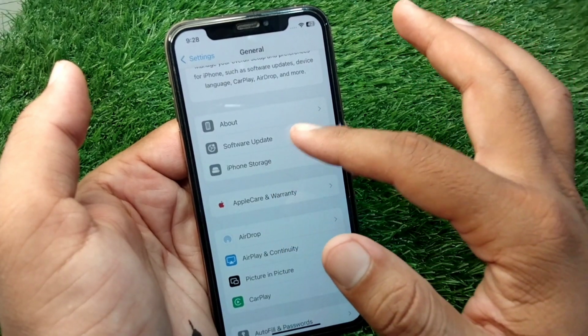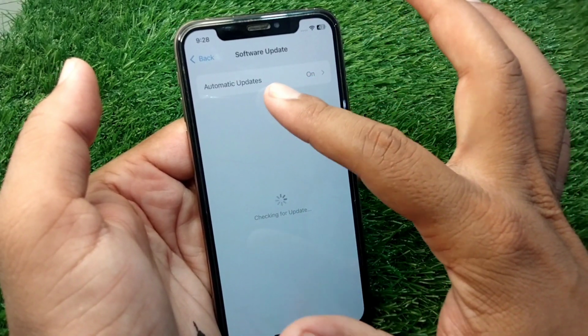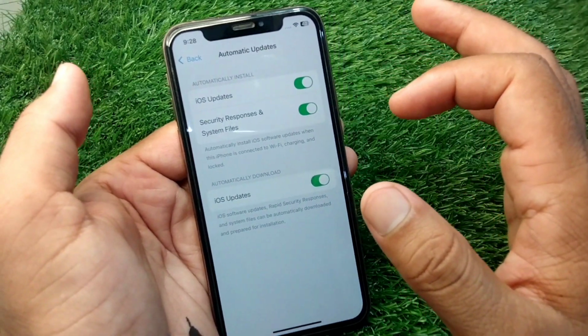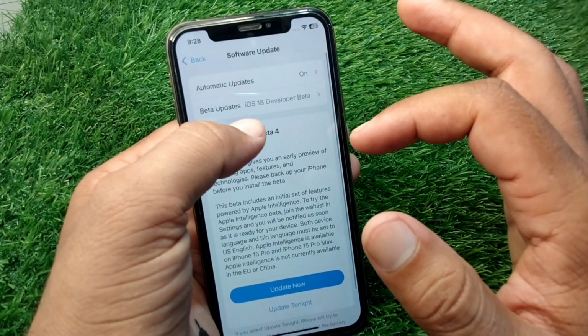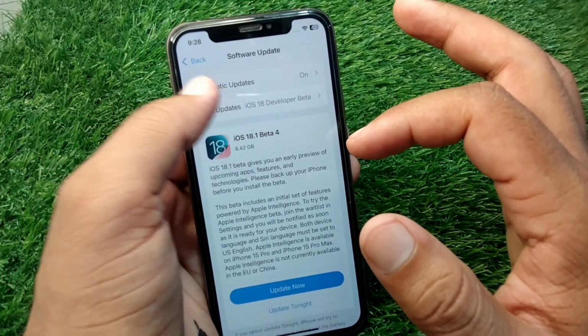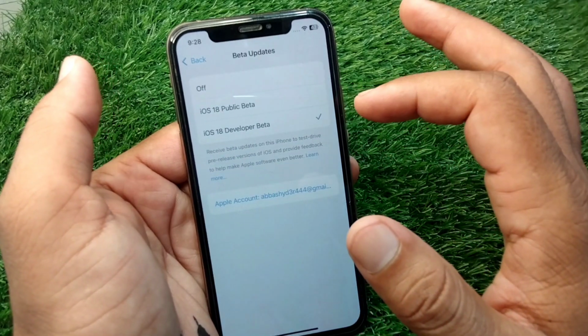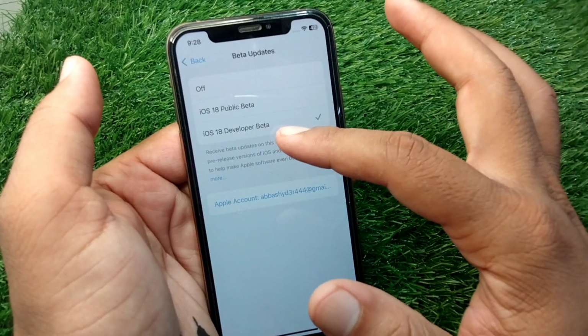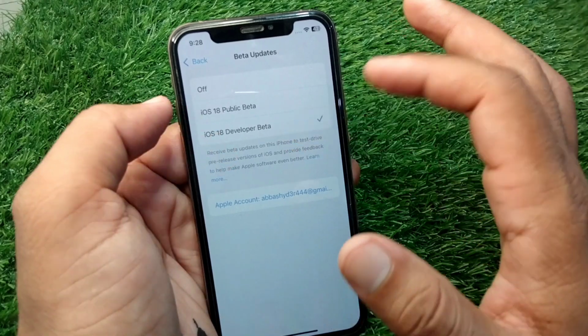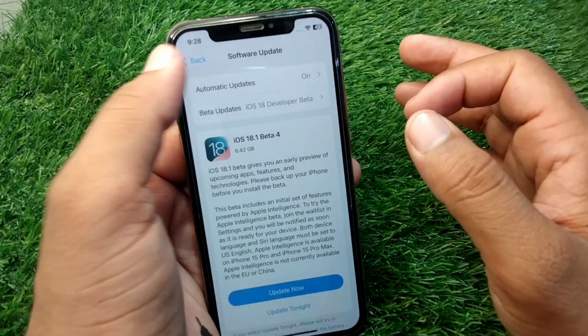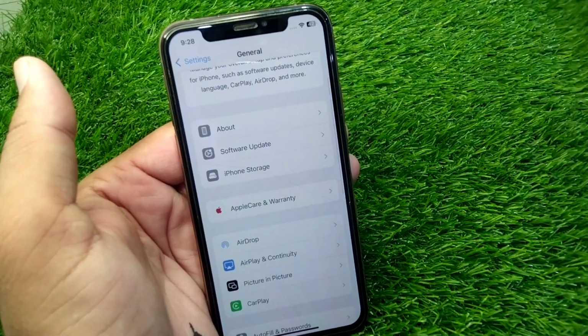and if the problem is still there then open your Software Update and tap on Automatic Updates, and you have to turn on all these toggles, and after this go back and now tap on Beta Updates, and from here if it is off you have to simply check this button for iOS 18 Developer Beta. So guys, tap on this and after this go back and check if the problem is fixed or not,